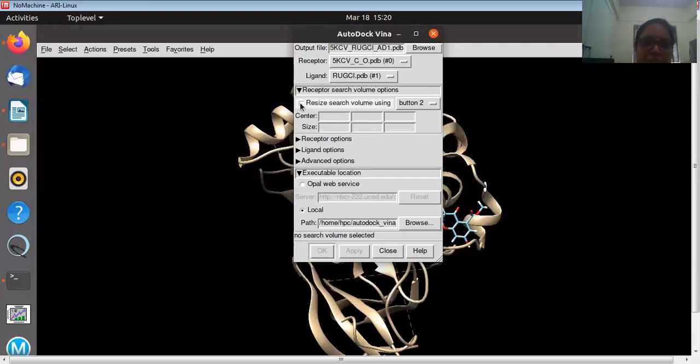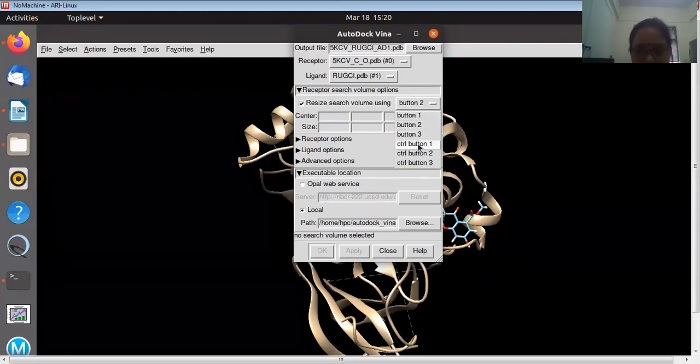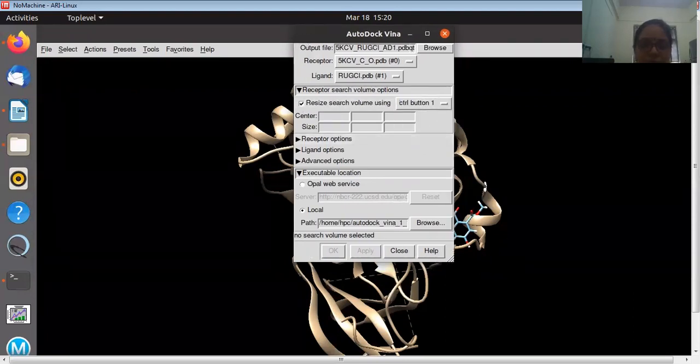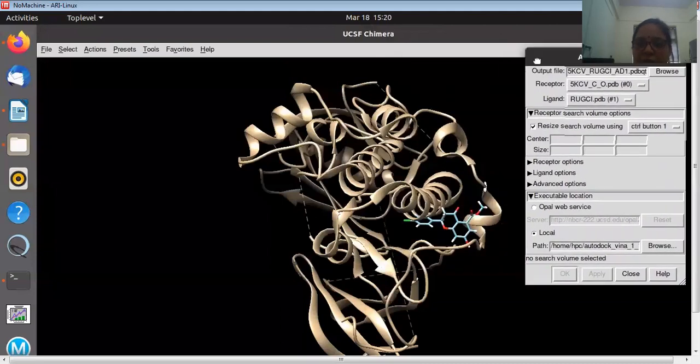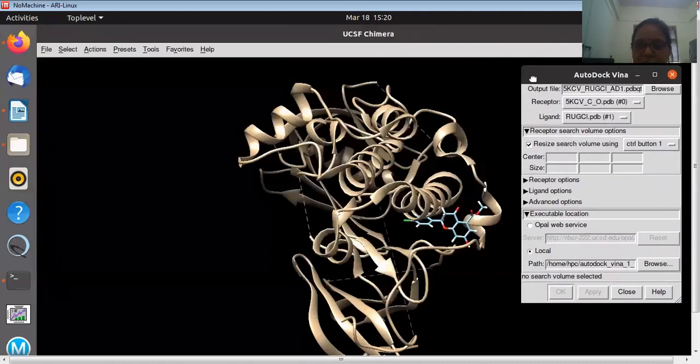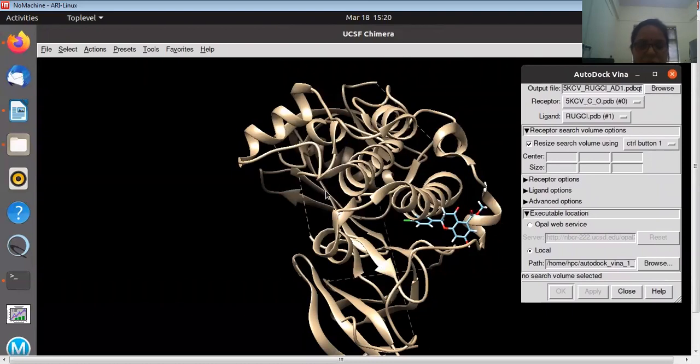Now second step, resize. This is the step to make the grid of your protein, or you are going to tell your ligand where you have to dock. So which is very, very important. Once you have seen the protein, you know that the original ligand was here, and your amino acids were also there, like if you click, you will get aspartic acid AS272 somewhere here.